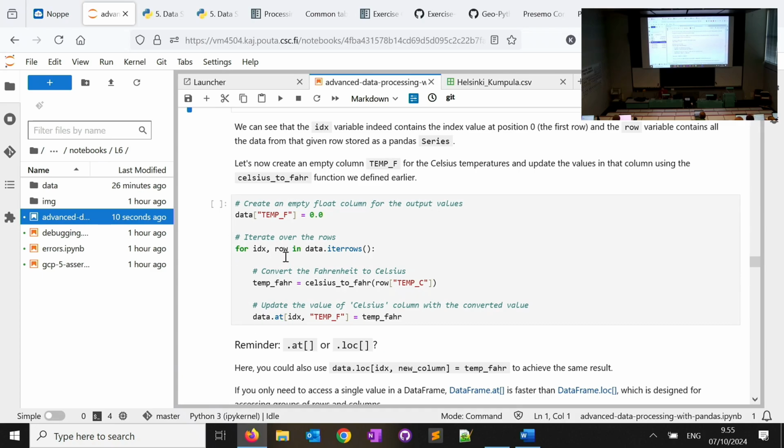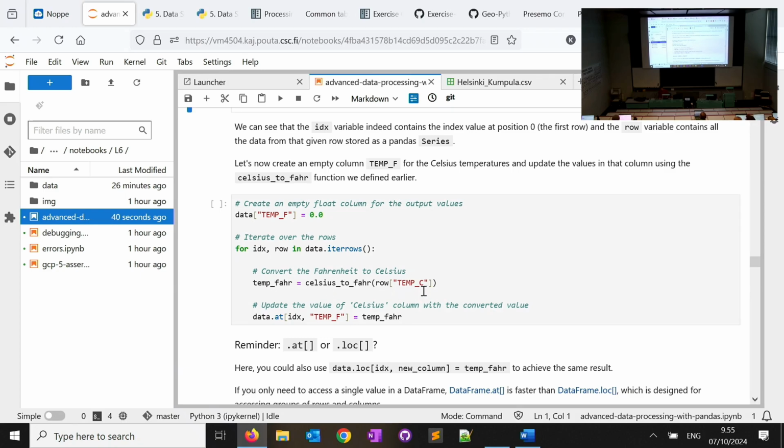Then this is again the example of the iteration we just did, but last time we just printed something without doing anything, and now we are going to actually do something. I'm going to loop over our data rows using iterrows, again accessing the index value and the row of the data frame, and then I'm going to calculate temperature Fahrenheit using my function.